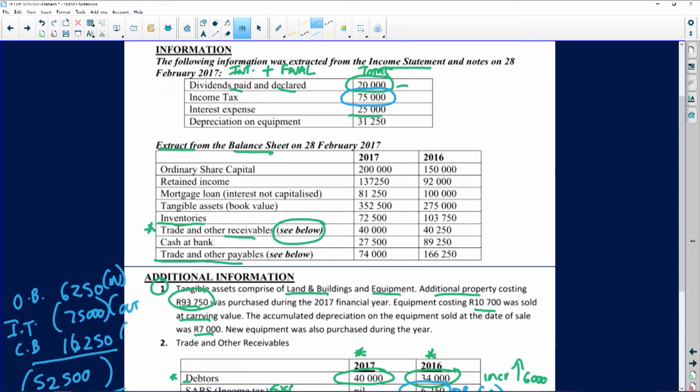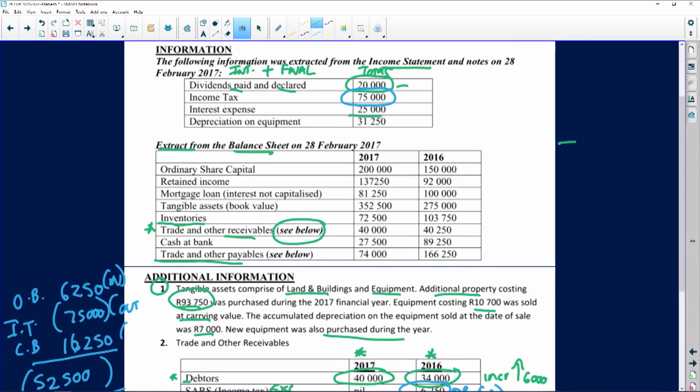New equipment was also purchased during the year. Okay, so immediately we did buy new equipment. New equipment is obviously fixed assets purchased, so I need to now calculate the new equipment purchased. Now remember, guys, there's various ways in which you can do the calculation. You can draw up the tangible asset note, which most students do, or you can rely on your ledger accounts. You decide. Right, now I prefer the ledger account, and in this particular case, I'm drawing up the ledger account